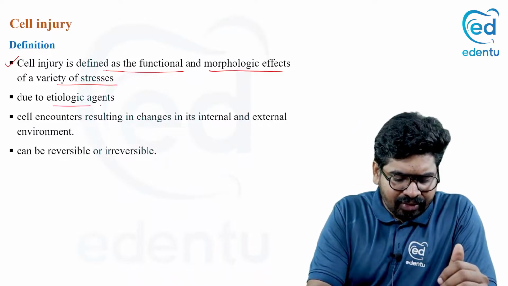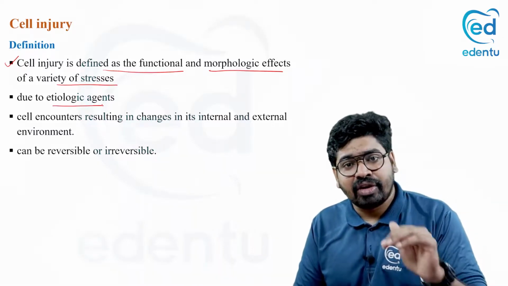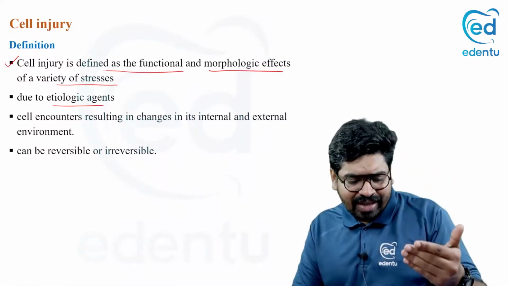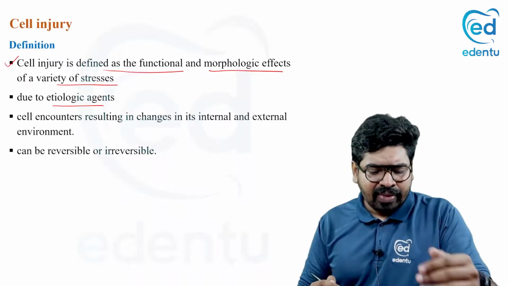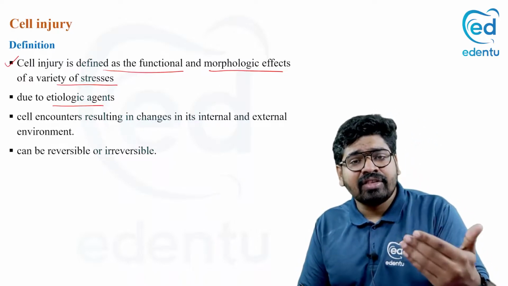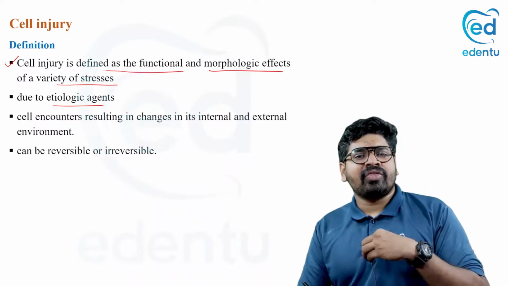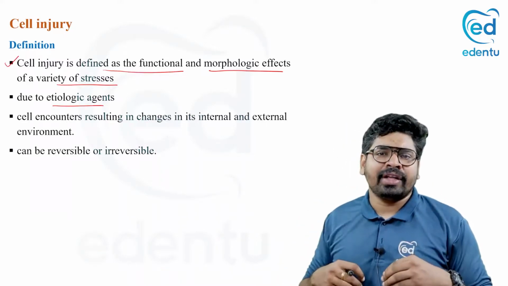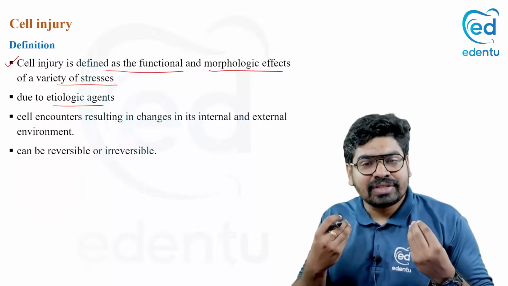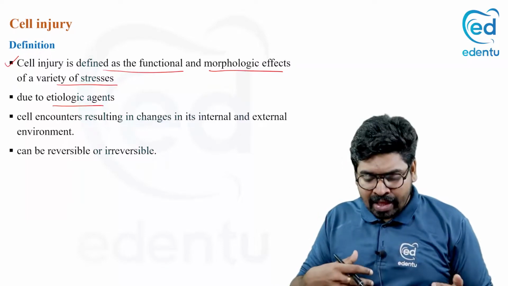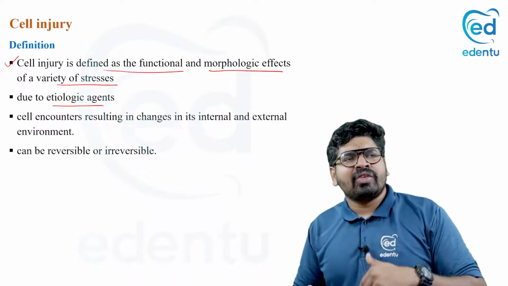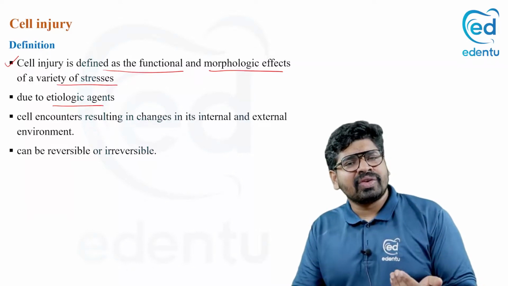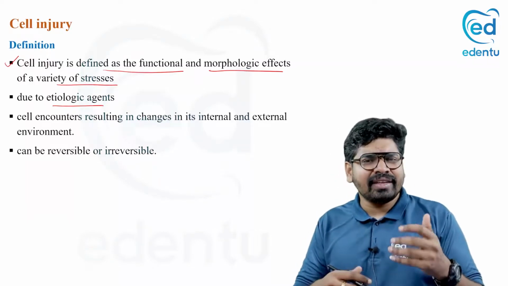Now this is due to some agents. There are certain agents which can cause trauma, certain agents which can cause injury to the cell. We will see the list of agents which can cause injury to the cell. Now, from where is this injury coming? Injury can occur from inside or from the outside. Means there are things which happen in our body that can cause changes to a cell. Injury can be caused by factors coming from inside. Example, if you're having a lot of gastric acid in your body, that acid can cause injury to your mucosal epithelium in the stomach. So that is an internal agent.